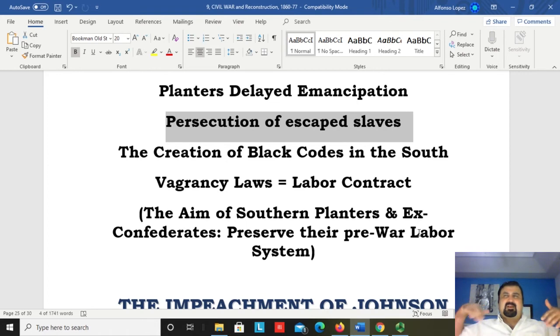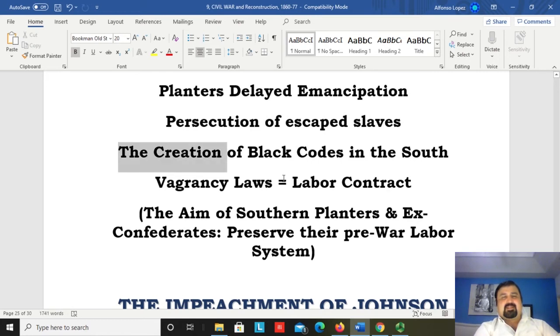So because in the South, the slaves feel that, well, the South has been defeated, now I can just step out of the plantation. I'm just going to leave. This is the end of it, in other words. Well, as soon as they were stepping out of the plantation, they were considered escaped slaves, and they were persecuted again. They were pursued and so on, punished in many cases as well. So this is another very unfortunate, again,